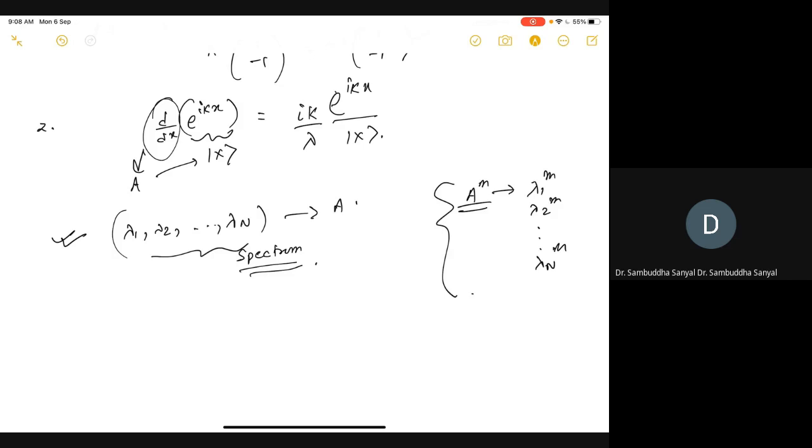This result has a strong implication for something called functions of matrices. You will be required to deal with functions whose variable is not a scalar but a matrix, and they are very useful in many different contexts, not only in quantum mechanics but in various areas of physics. If you are able to write a function as a power series, then by going to the diagonal form you can write down the function of the matrix very easily.